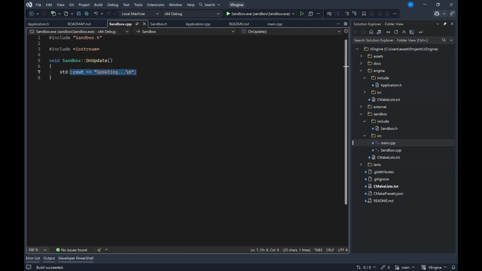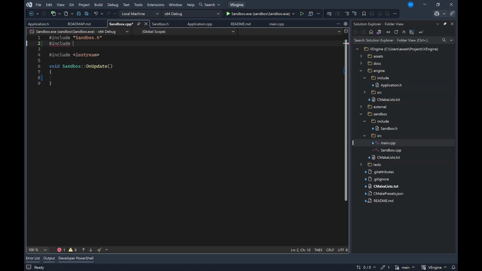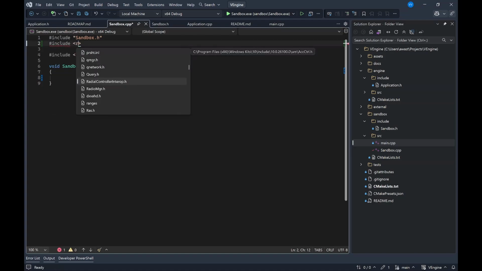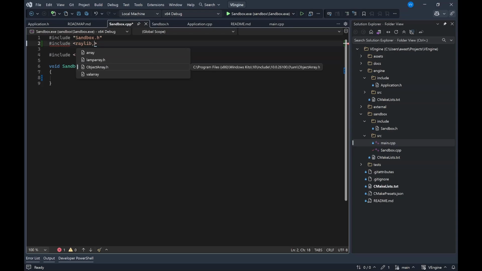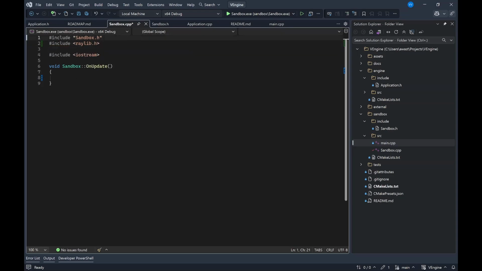So now you can eventually start writing your game logic, but we haven't designed our renderer API. So for now, we can use the Raylib API, but we will hide the implementation of Raylib from this Sandbox class. So just for showing that we can start drawing objects, if I include here raylib.h,